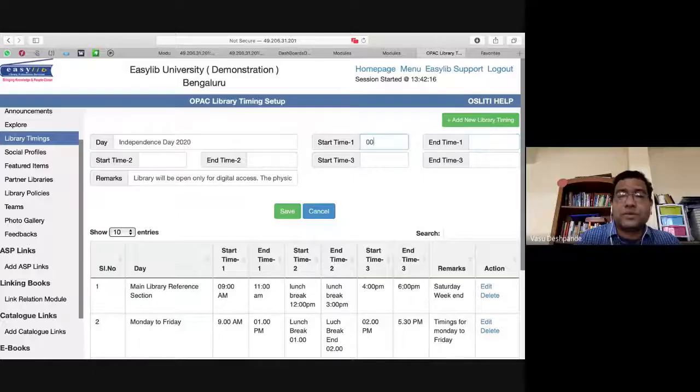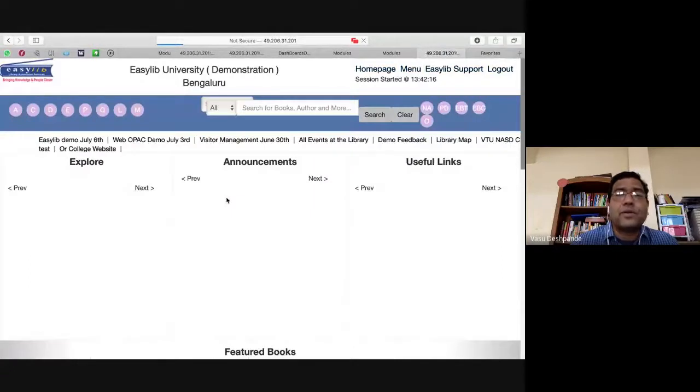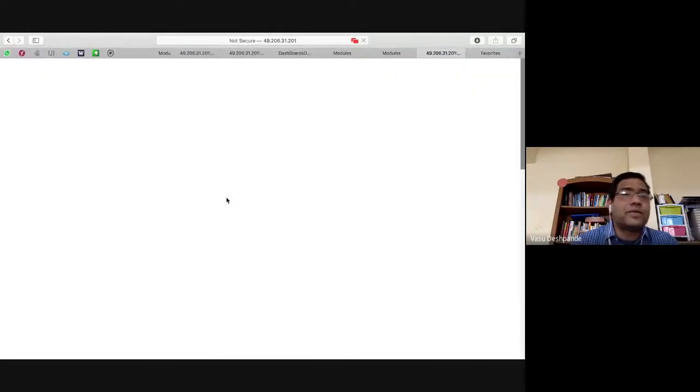Let's see here. These are some of the improvements that we are still working on. Now you see the name Independence Day. Oh, the timings are not there. So what some colleges do is put a remark saying that the library is closed that day. Here you can put 9 to 9:15 or you can leave it blank. Or if you definitely want the improvement,